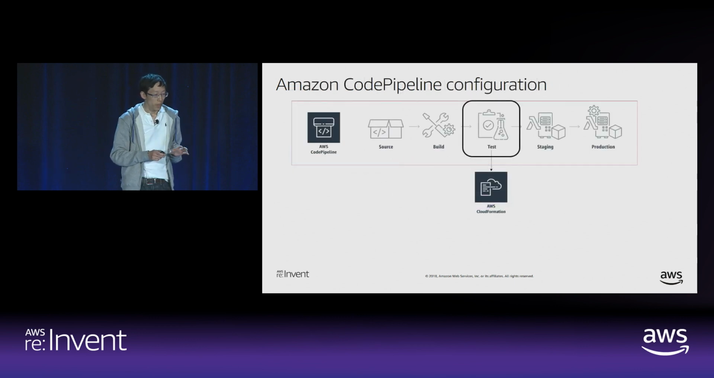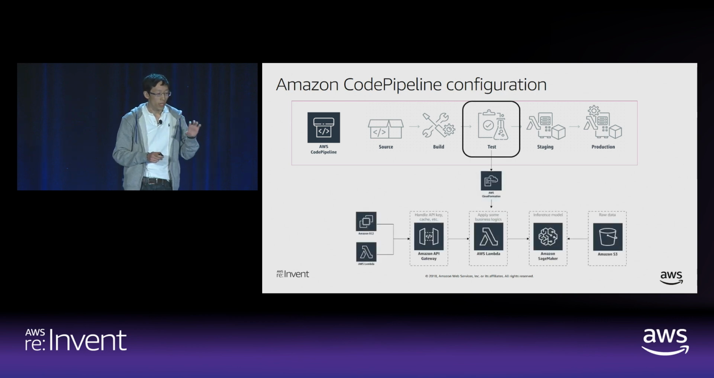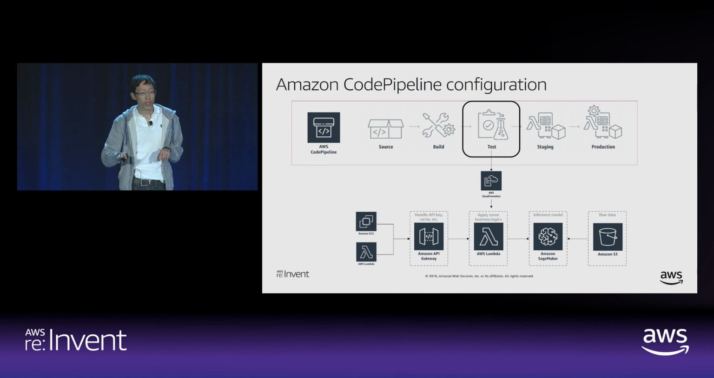To do that, I'm going to use CloudFormation, right? I'm going to use CloudFormation to create the stacks of the API Gateway and the Lambdas, and also SageMaker, and S3 as a data lake. It's the same. So I'm going to use CloudFormation for the API Gateway, Lambdas and SageMaker. Okay. After we create the stacks using the same source code from CodeCommit,